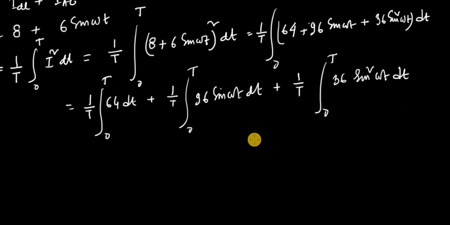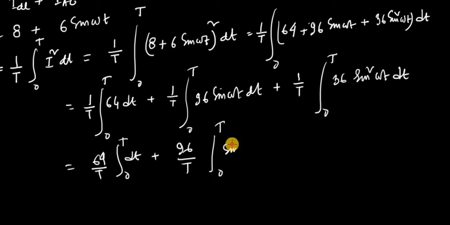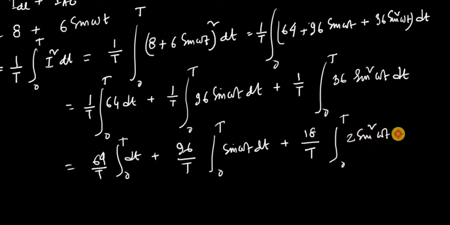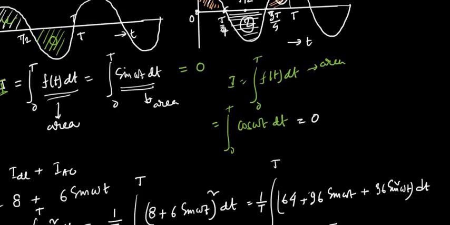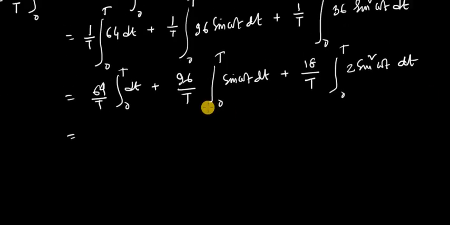ওকে, সো এবার দেখো কি হয়, 64/T, 0 to T, only dt, 96/T, 0 to T, sin ωt dt প্লাস 18/T, 0 to T, 2 sin² ωt dt. ওকে, দ্যাট আমরা কি করলাম, 36 থেকে 18 নিলাম, বাকি 2টা রেখে দিলাম, 18 into 2 36 হয়ে গেল। নাও আমরা অলরেডি শিখেছি দ্যাট উই হ্যাভ জাস্ট ডিসকাস দ্যাট ওভার দ্য পিরিয়ড sin ωt এর ইন্টিগ্রেশন ইজ ইকুয়াল টু 0, সো দ্যাট অ্যাপ্লাইড হিয়ার।